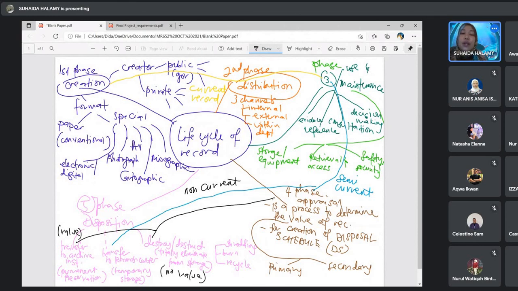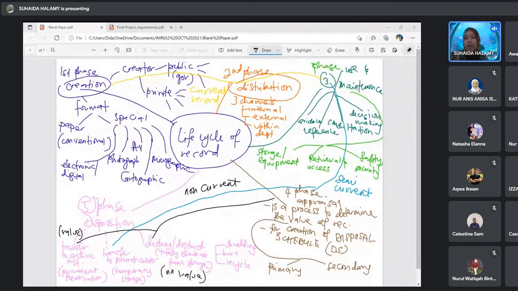Ini yang you kena faham. Record tu kalau kita tengok period of dia punya storage dekat organisation tu, dia dah habis. Time dia dah habis. So certain time dia dah tak ada value. Macam mana nak tahu? Refer back to the disposal schedule. So we know record tu bertahan berapa tahun in organisation. Okay, macam financial record normally 7 years. So after 7 years you tengok balik value dia. Kalau still ada value, maksudnya you have to keep it in the archive. Tapi kalau dia dah tak ada value after 7 years tu, you have to destroy lah. Okay, ini common for finance record.